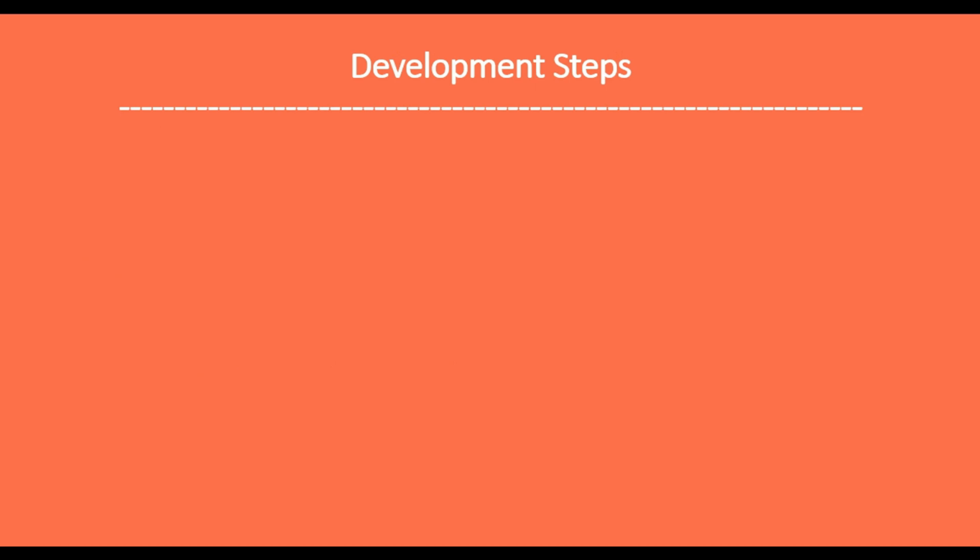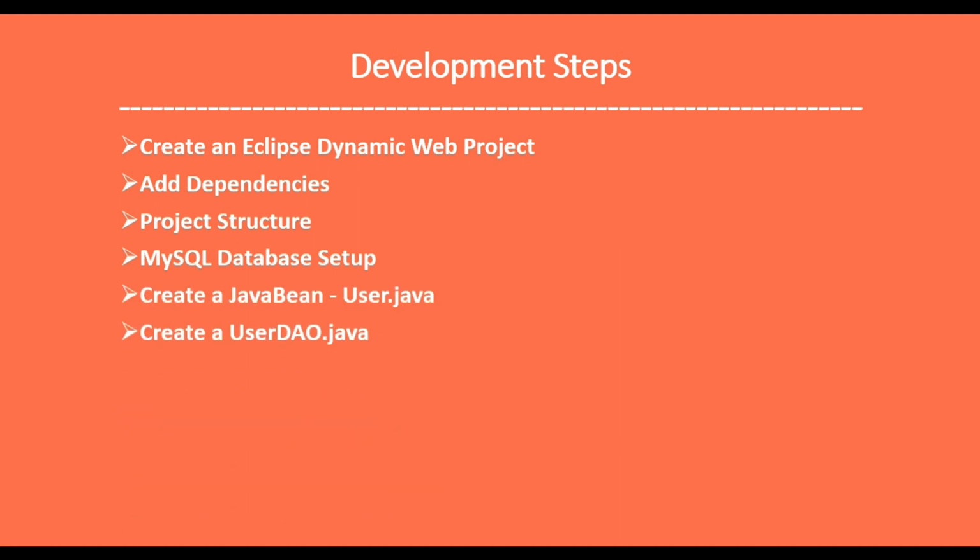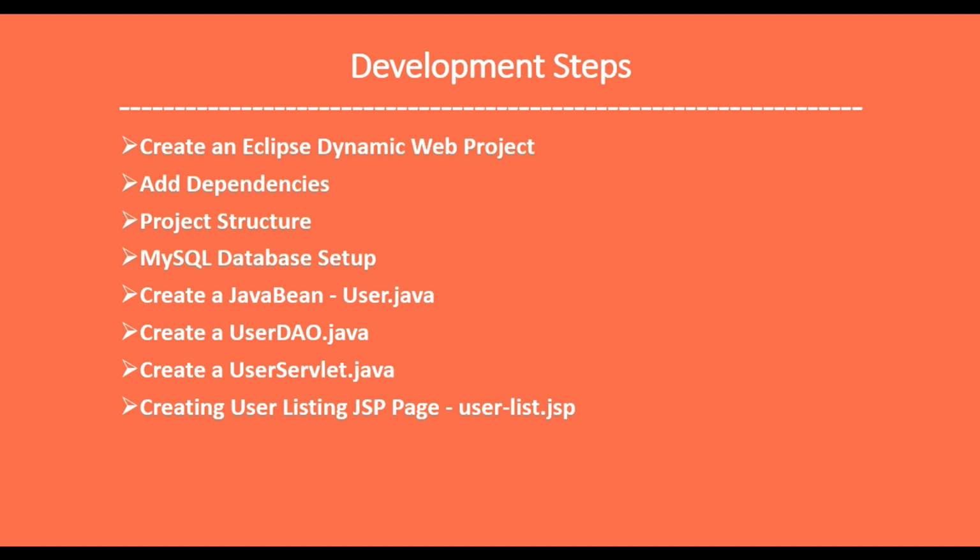So I really like this slide because it outlines the steps that we are going to implement in this video. So the very first is we create an Eclipse dynamic web project. Once we create the project, then we need to add all the required Java dependencies. Next we create a project structure. Next we set up the database, and next we create a Java bean class, that is a User class, and next we create a User DAO class. So the User DAO class has all the JDBC code, and next we create a User Servlet. The User Servlet will handle all the web requests, and next we create a user list JSP page, that is